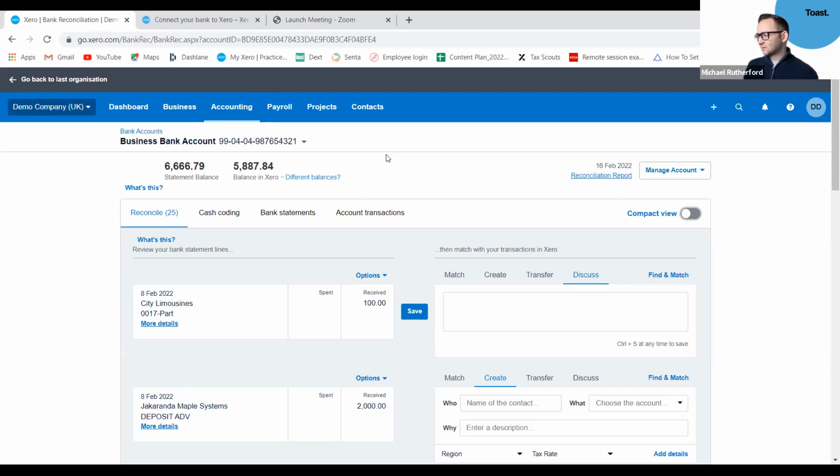One final question. So more aimed toward the bookkeeping and admin service. Should I use Xero as a bookkeeper or a small business? You can use it as both. If you want to use it as an admin, an accountancy bookkeeping side, you can do that with Xero. So you'd probably be best to contact Xero and get that set up. But there's no reason why you can't use it as a bookkeeping service.